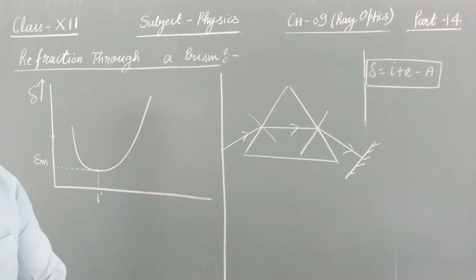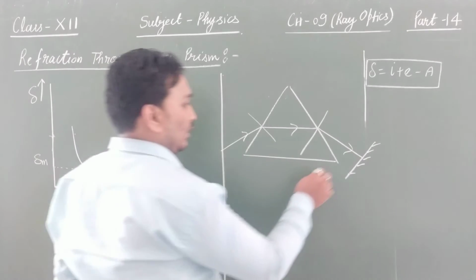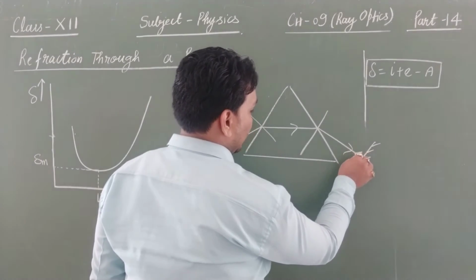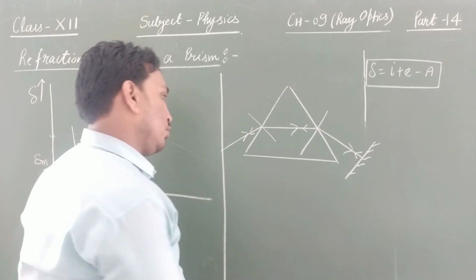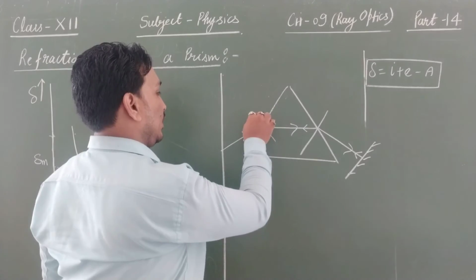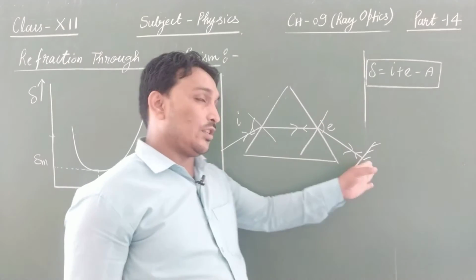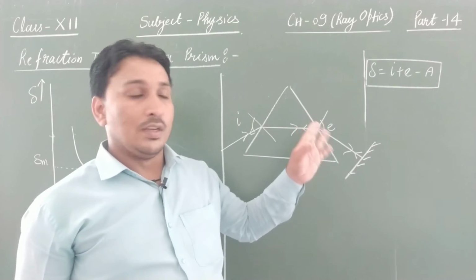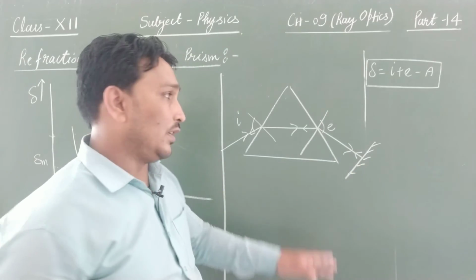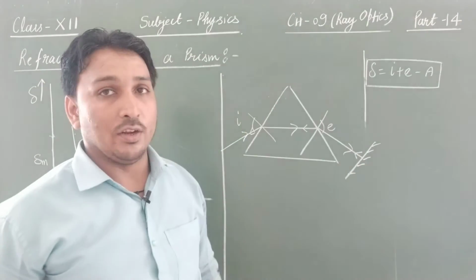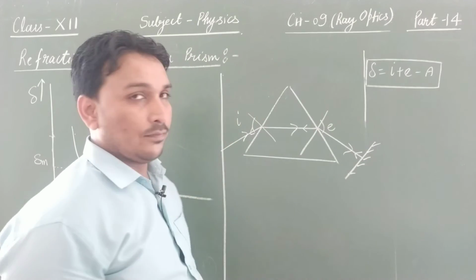This is the case of normal incidence. And in normal incidence, what happens? The ray of light retraces its path. It goes like this, it goes like this. So for this ray which is going from this side, this is your angle of incidence and this is your angle of emergence. But for the ray which is reflected back from the mirror, the angle of emergence will behave as an angle of incidence, and the angle of incidence will behave as an angle of emergence, because the ray of light is going through like this.